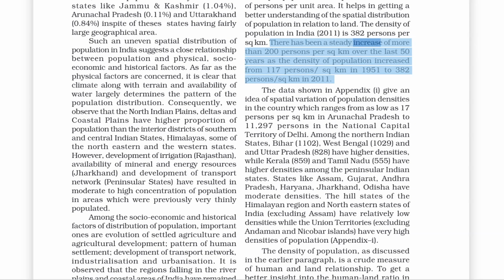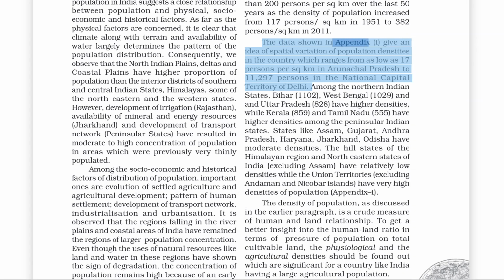There has been a steady increase of more than 200 persons per square km over the last 50 years, as the density of population increased from 117 persons/sq km in 1951 to 382 persons/sq km in 2011. The data shown in Appendix I give an idea of spatial variation of population densities in the country, which ranges from as low as 17 persons per square km in Arunachal Pradesh to 11,297 persons in the National Capital Territory